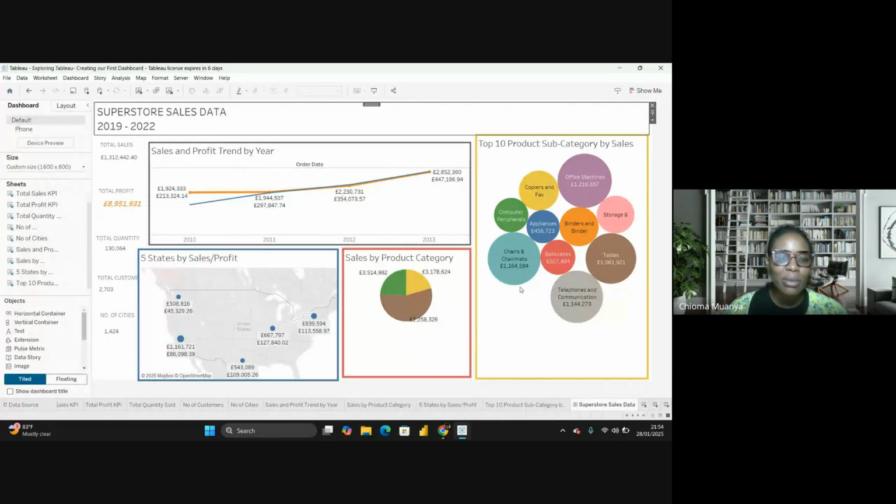So let me create another dashboard while we're here, with all we've created. This dashboard, I created using a free form where everything was floating. So let me show you another way you can make it more organized. This is a free form, so you can resize and place it how you want it.